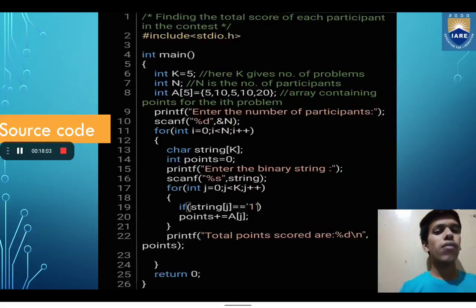So in the main function, first of all, in the declaration section, I have declared the k variable, n variable and a variable. Here k gives the number of problems. For example, I am taking k equal to 5 problems, and n is the number of participants. We are going to take n as input, and a, so as there are 5 problems, I am storing a and giving the size of the array as 5, and I am storing the marks or points for the ith problem. So I have given 5, 10, 5, 10, 20 marks or points for the respective problems,